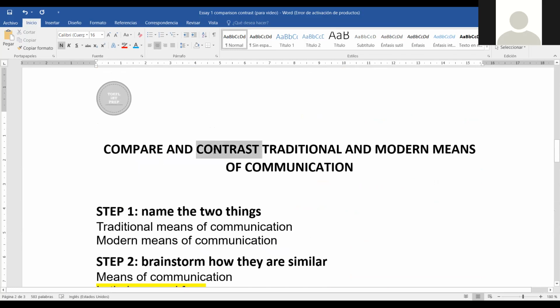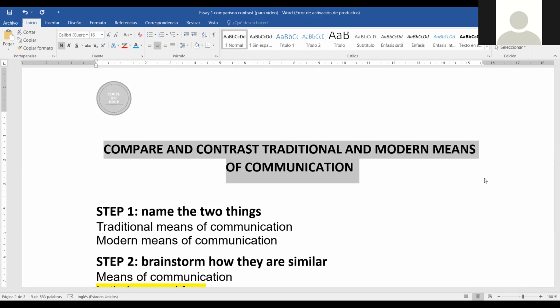Luis, in this topic that is from the TOEFL, is it asking you to say your opinion? Yes or no? Yes, I think. Where does it say, write an opinion, or what do you think? It doesn't say explicitly, but you can infer that when they say compare and contrast, they also mean that you have to give an opinion. But does it say that you have to choose any of them? No, it doesn't necessarily say. That's very good. Okay, what Luis is saying is right.